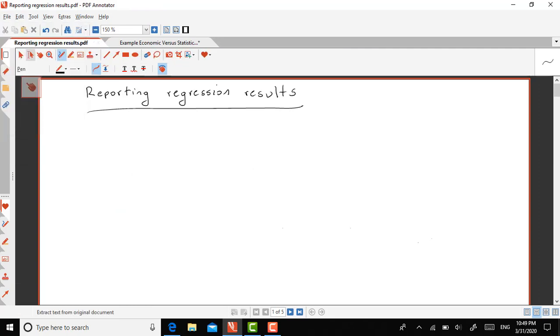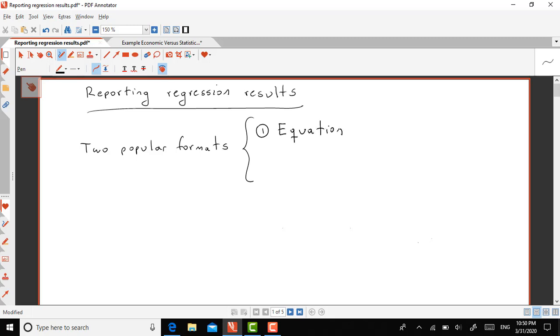Now there are different ways to do it, but I'm going to be talking about the two probably most popular alternatives, or two formats, to present regression results. One is the equation form, which I think I have used in the past, sometimes when we're doing examples. That's the format that I use. And the second format is the table form